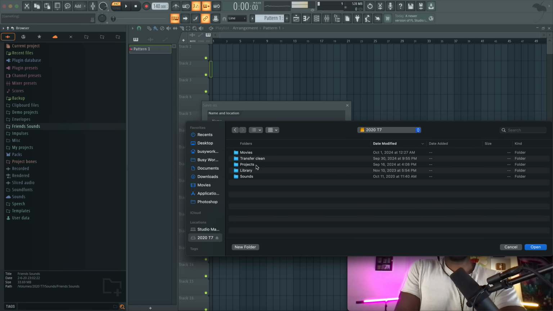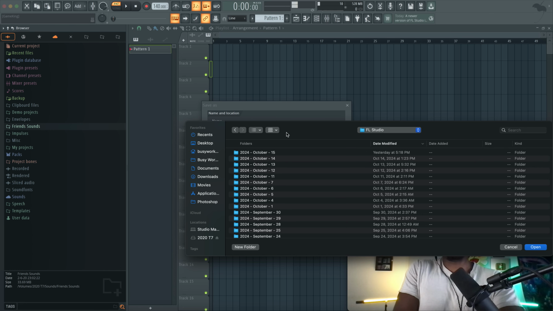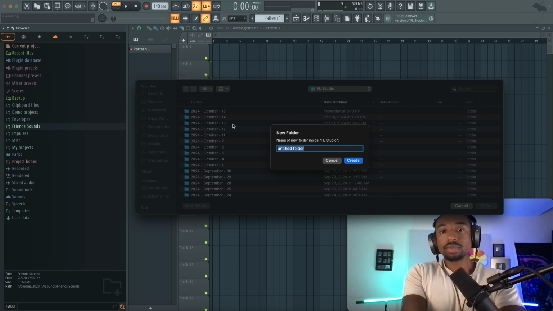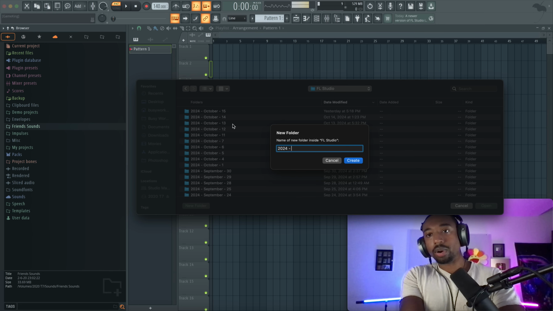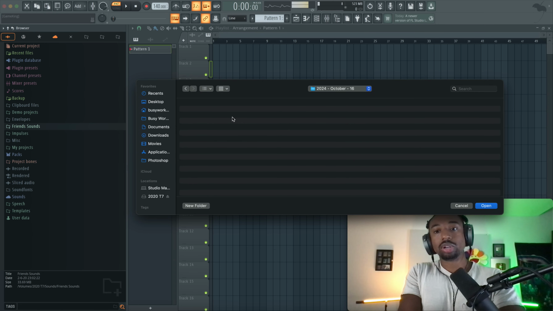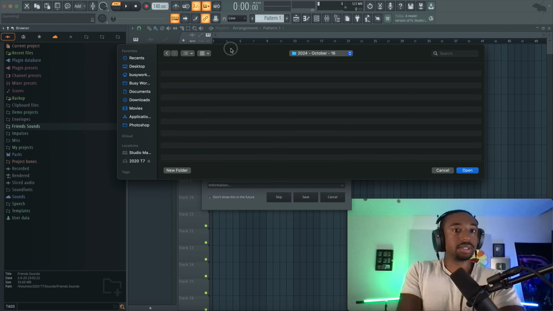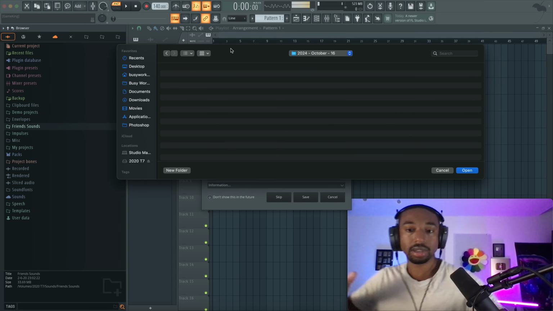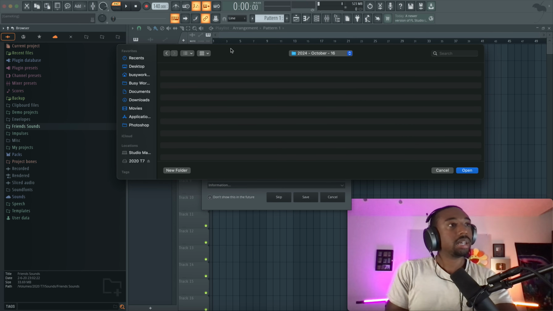Let's go to my external hard drive, then to projects. I have a folder called FL Studio. What I'll do is create a folder for the day. Today's October 16th. You want to stay extremely organized in the beginning, because in the future, 4 years from now, you're going to look back like, darn, I can't find my project where I did